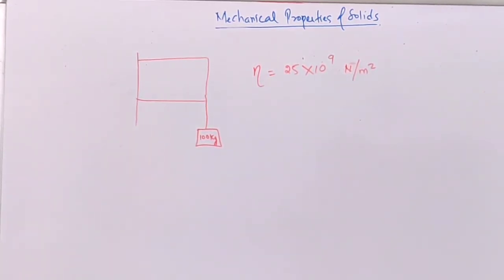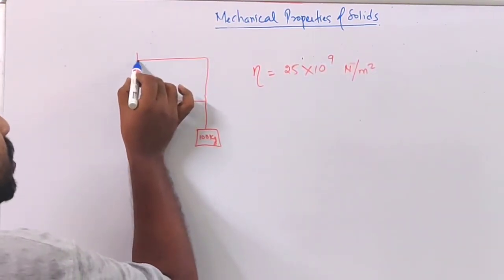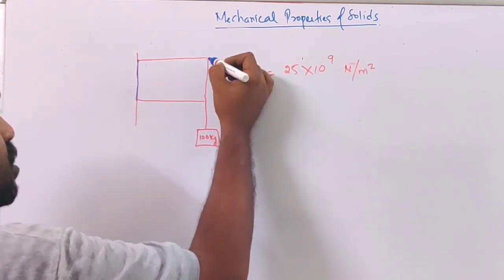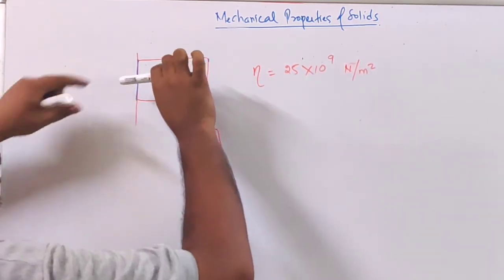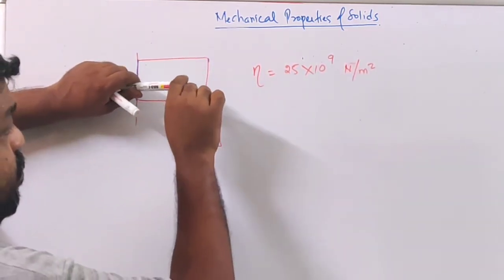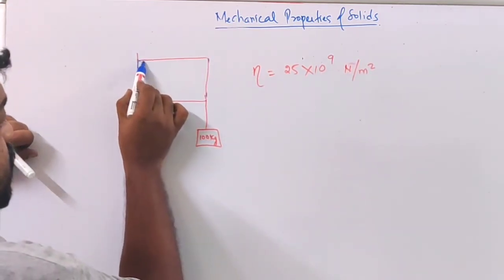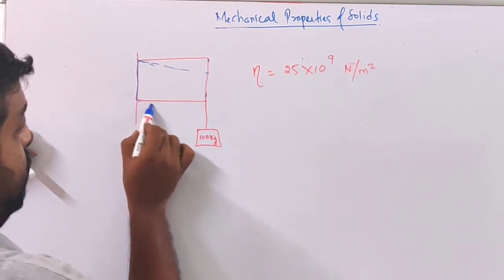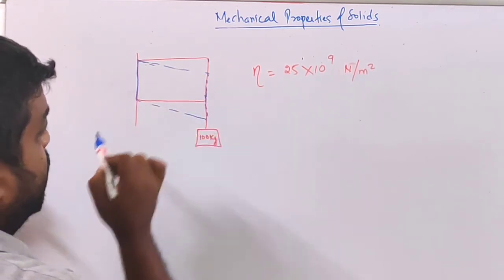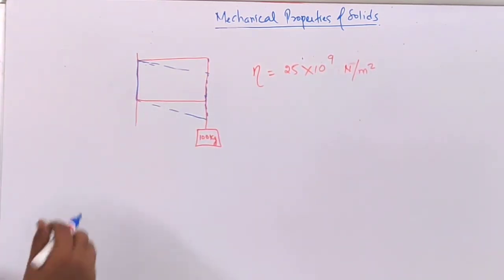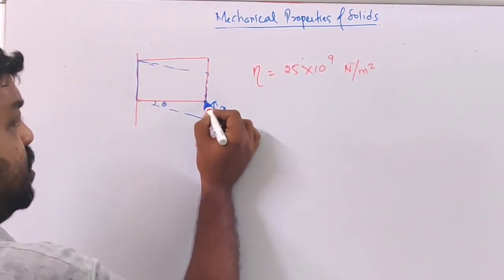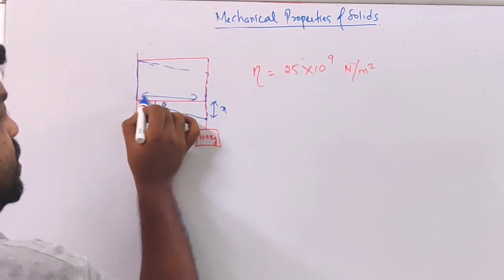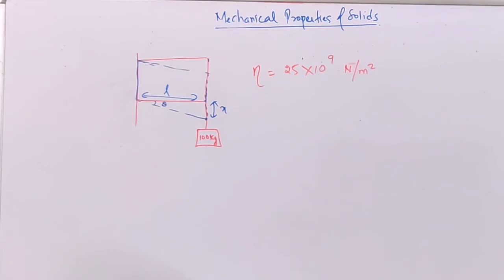Okay, what do you mean by vertical deflection? See, when this tangential force acts, this part is fixed. So this part will move down relative to this part because of the action of this force. So this force will move this side a bit lower. So this cube will become, suppose this is the deformation. Okay, I have exaggerated the deformation. So this is theta. So this is x. So this end has moved through distance x. This distance is L. L is the length of each side, that is already given.